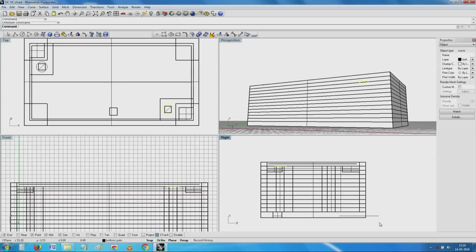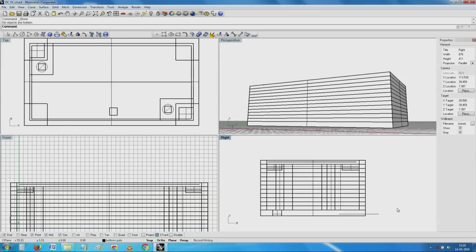I probably need to move it. Come on layer, where are you?